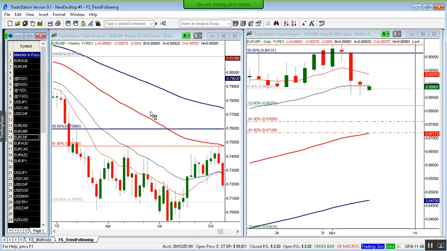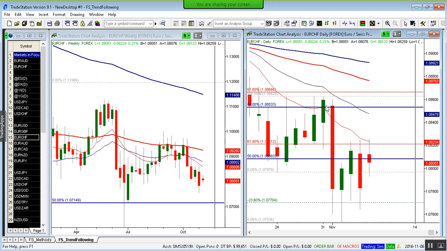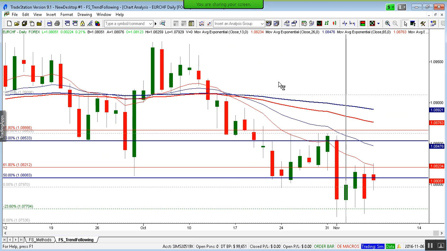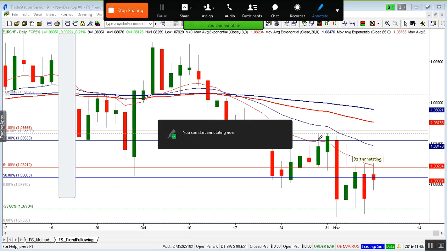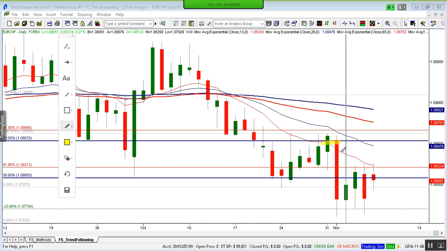Euro Swiss franc, this market has moved lower, and you remember that last week we traded successfully the short here, and congrats to all of you who also have taken this trade. This setup brought the market into the first target. Since then, the market has been crawling higher and has failed the next measure move.